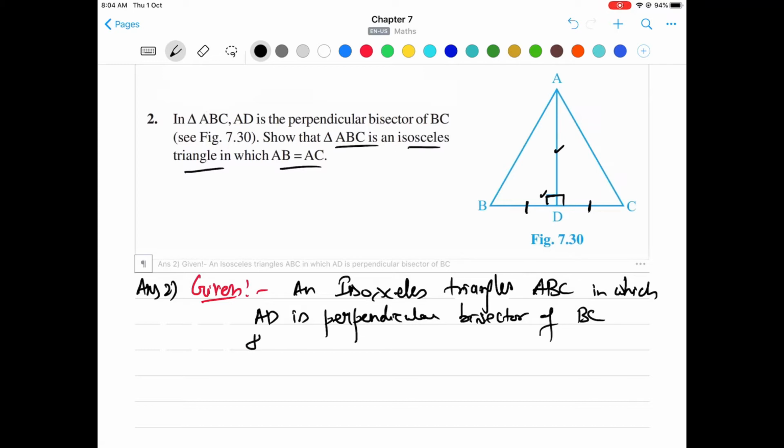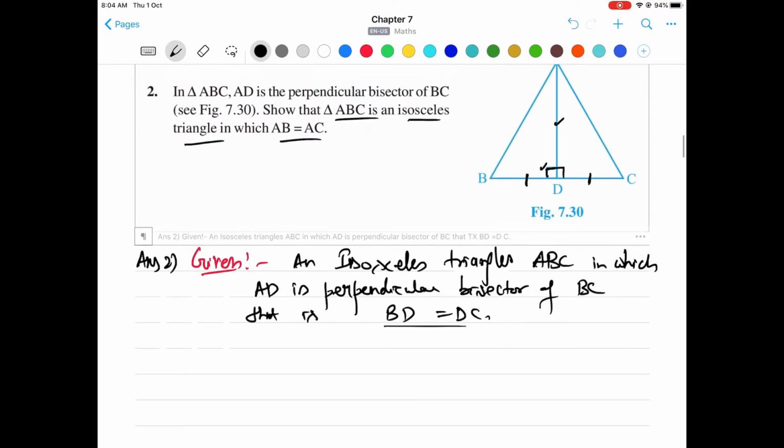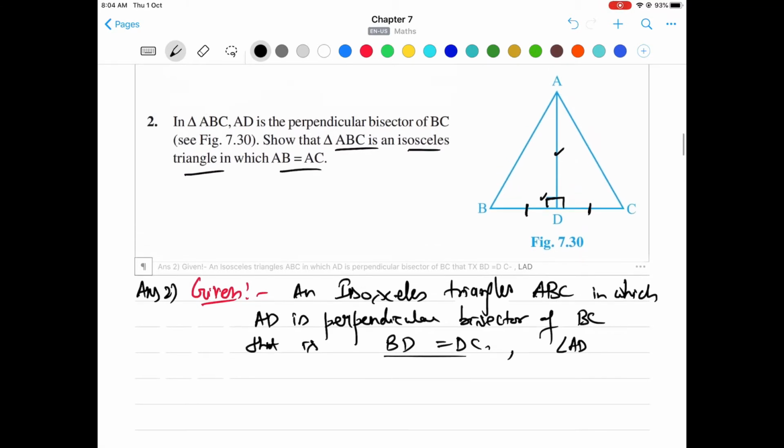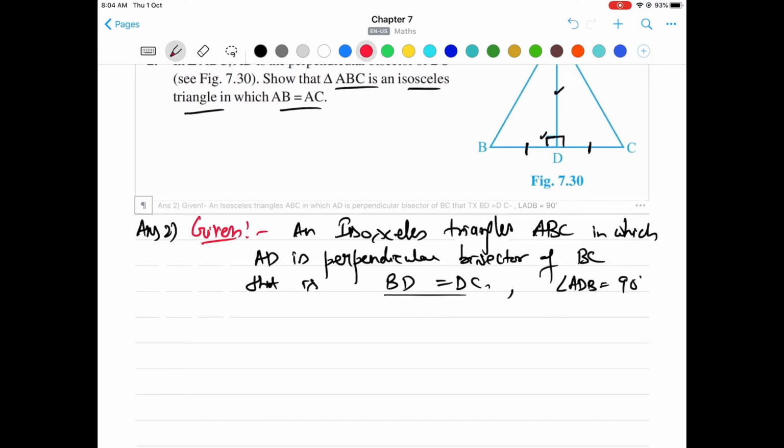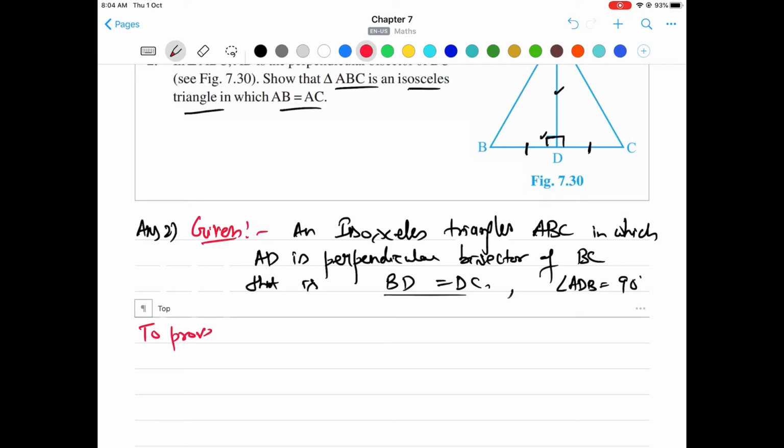Okay, that is BD is equal to DC. As this AD is the perpendicular bisector, so this BD is equal to DC, and angle ADB is equal to 90 degrees. Okay, that's what is given in the question. We have to prove that